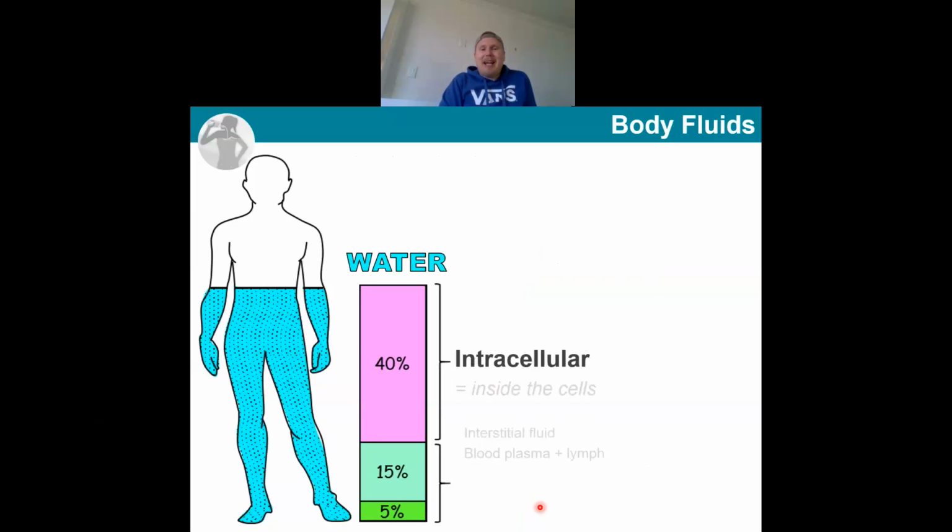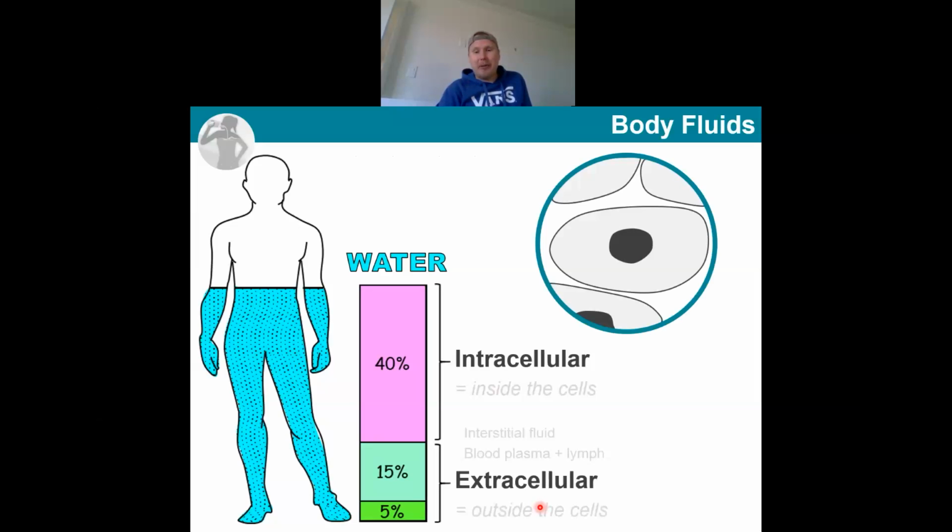So what we should look at is where that water is located in the body. We can do a division into two large places where the water is located, whether it's intracellular or extracellular. We're going to start with the intracellular water concentration. This refers to all of the water that's located inside the cells, sometimes abbreviated as ICF. The other value, the extracellular water content, refers to the water that's located outside the cells and is abbreviated as